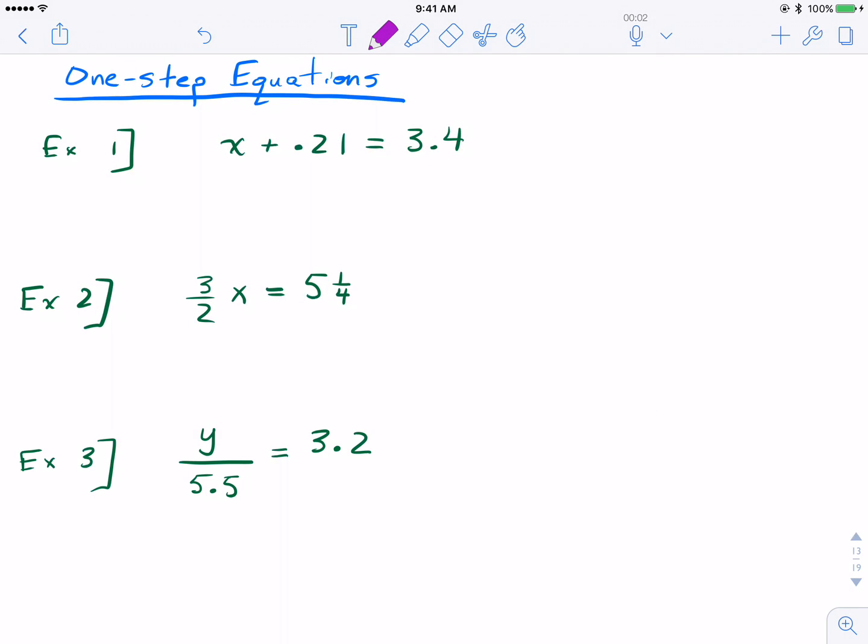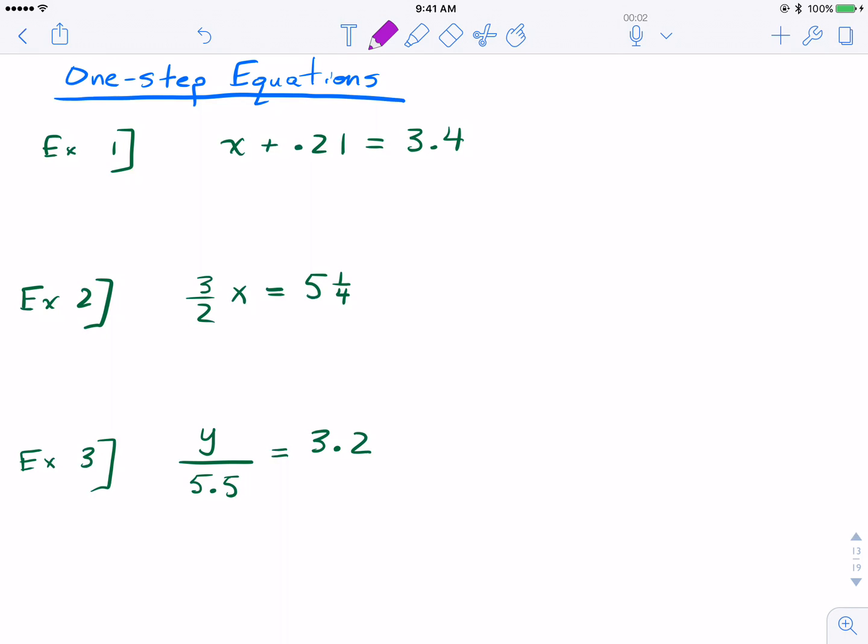For example 1, the whole thing with equations, we want to isolate the variable. We want to get the variable all by itself by applying inverse or opposite operations and keeping the equation balanced throughout the process. So for number 1, if I want to get x all by itself, I want to get